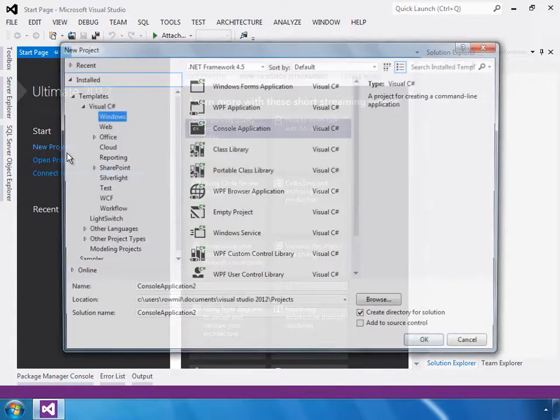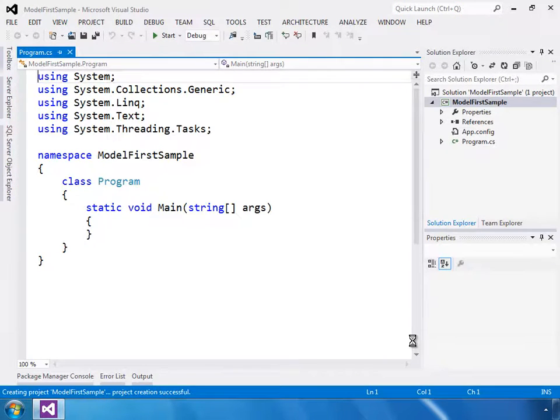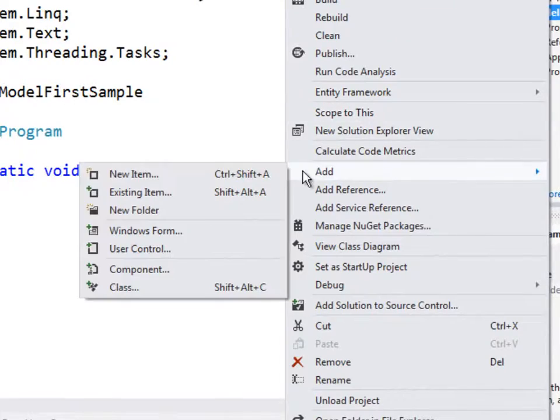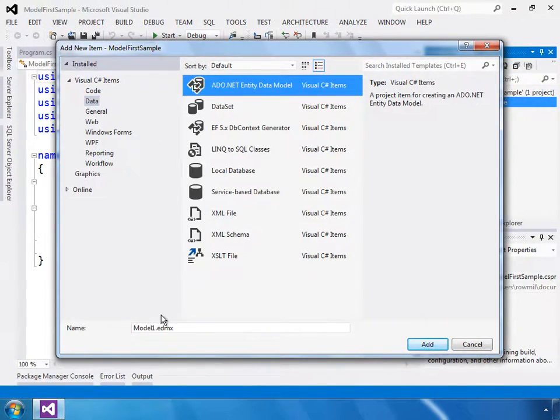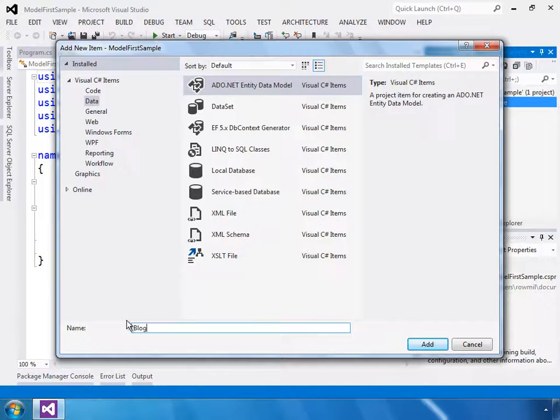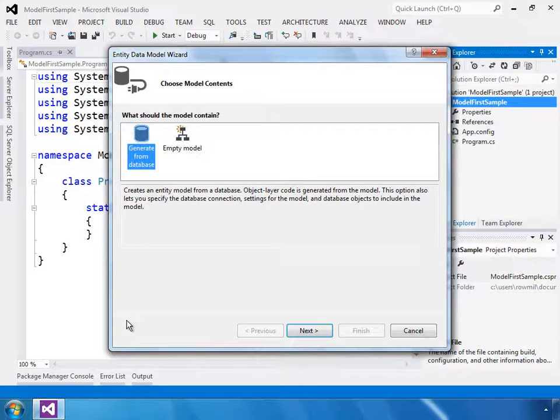I'm going to start by creating a new console application, and I'm going to call this one ModelFirstSample. Now that we have an application, let's go ahead and add a model using the Entity Framework Designer. I start by right-clicking on the project and selecting Add New Item. In here I select Data from the left menu and then ADO.NET Entity Data Model. I'm going to call this one BloggingModel. In this workflow we want to start with an empty model, so I'm going to select that and then click